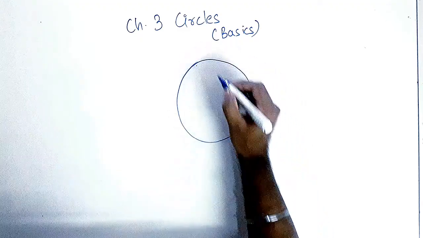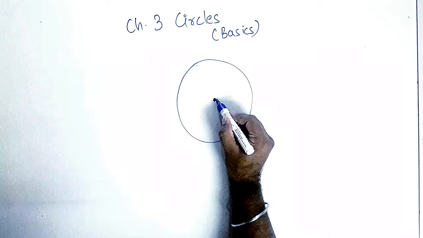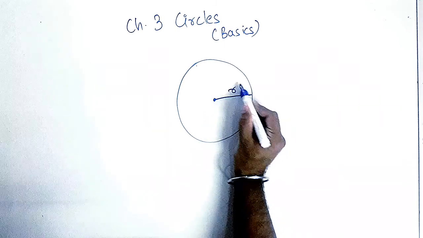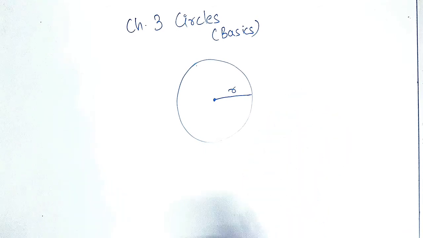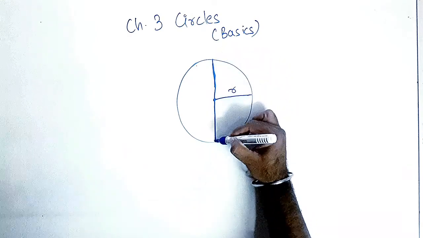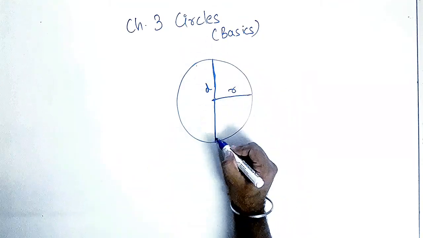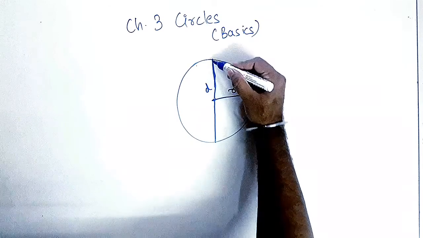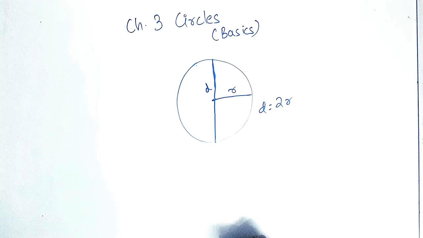As we know, when we draw a circle, we have a radius. This is called a radius. Now we are not going into the definition of radius, but you know what is a radius, being a 10th standard student. Then this is a diameter. Now a diameter is actually, this is radius and this is also radius, so diameter is actually 2 times of radius, you know that.